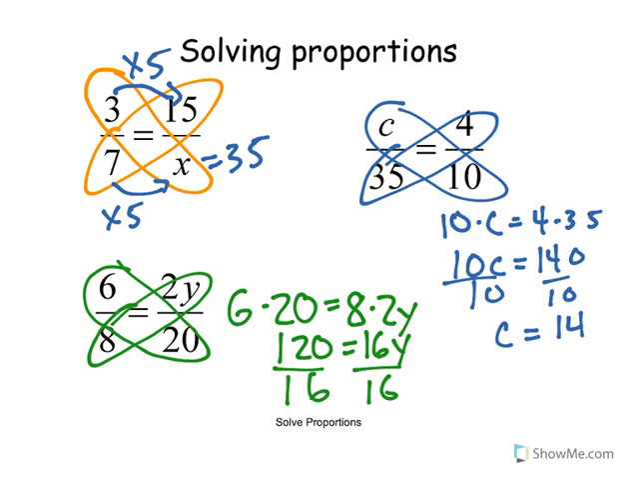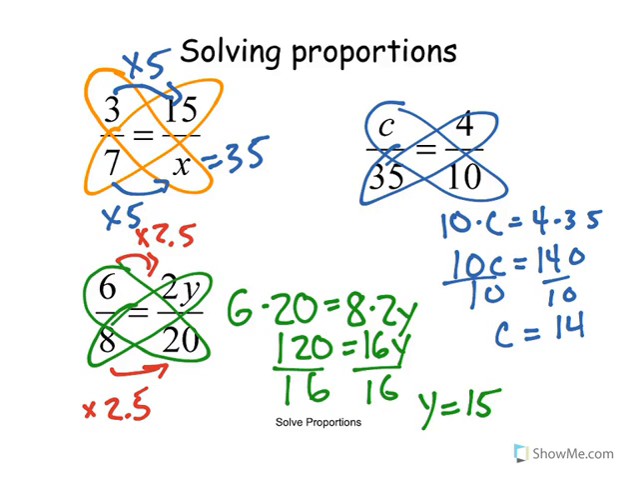And we're going to divide both sides by 16, which will give me y is equal to 15. And again, if you wanted to use one of those more elegant strategies here, to get from 8 to 20, you multiply by 2.5. And if I go ahead and multiply 6 by 2.5, it's going to give me